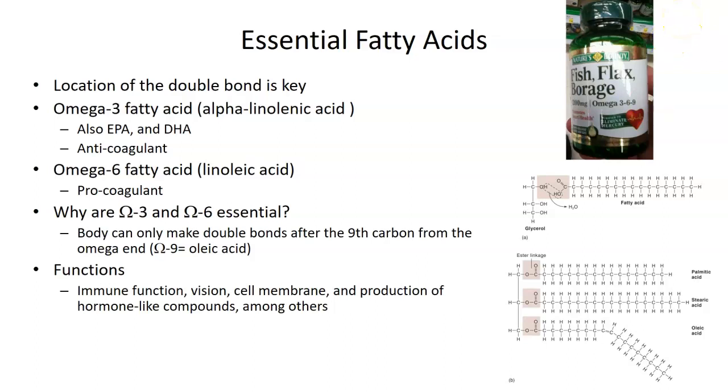Now, the thing to keep in mind is when we think about omega-3s, for example, even on the image we see on the upper right-hand side, from a supplement bottle, it says it gives you the omega-3, 6, and 9s. Well, in reality, your body can make omega-9 fatty acids on its own. It has the enzymes to do that. It can make any omega fatty acid it wants, except for omega-3 and omega-6. We don't have the enzymes to do that. No vertebrate does, okay? So that means we need to consume those from other sources. In our case, where we usually get it from is fish, and we'll talk about that in a little bit.